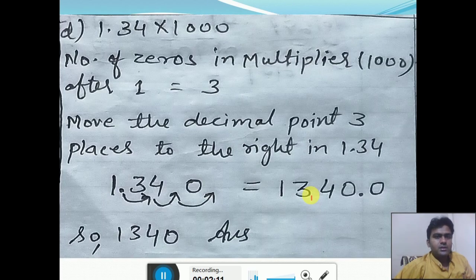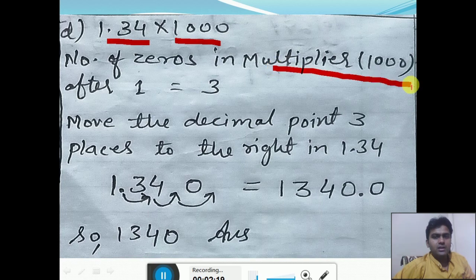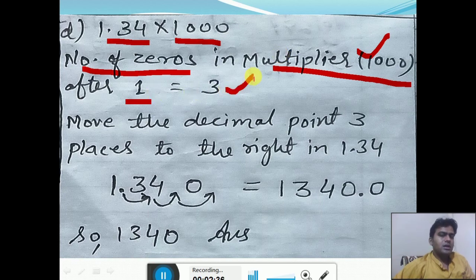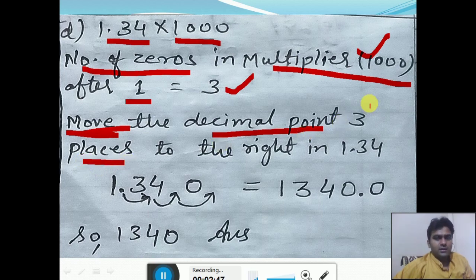Now next, multiplier. Now see the multiplier, 1.34 by 1000. So what is the multiplier here? The multiplier is 1000. Then count the number of zeros in the multiplier after 1. Count the number of 0s in the multiplier. So the multiplier is 1000. So how many zeros does 1000 have? 3. So what you have to do, you have to move the decimal point 3 places to the right,